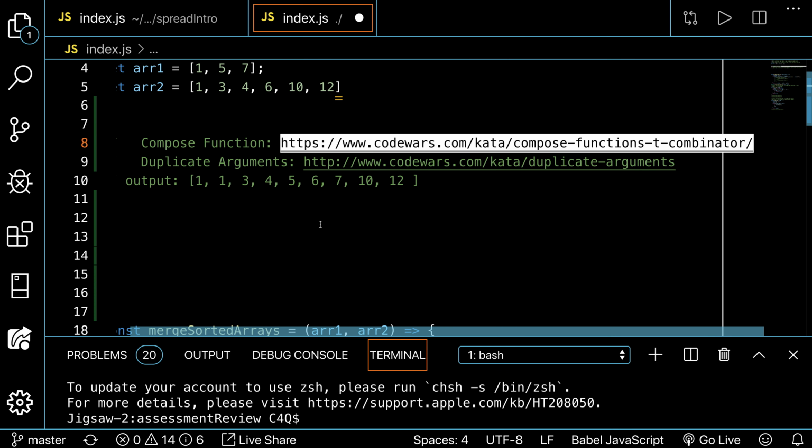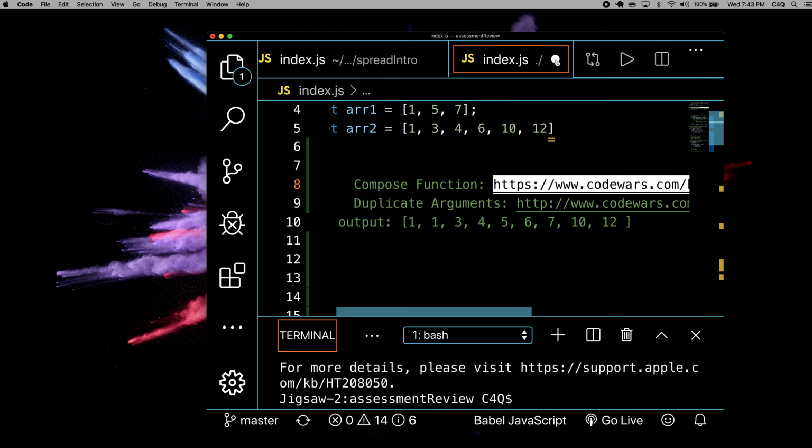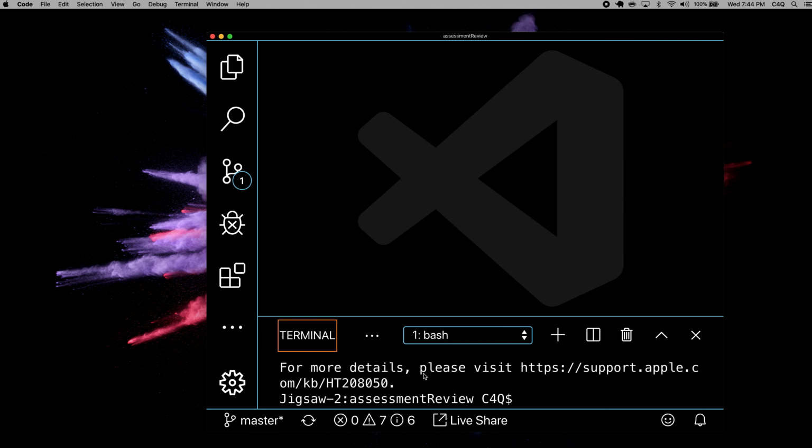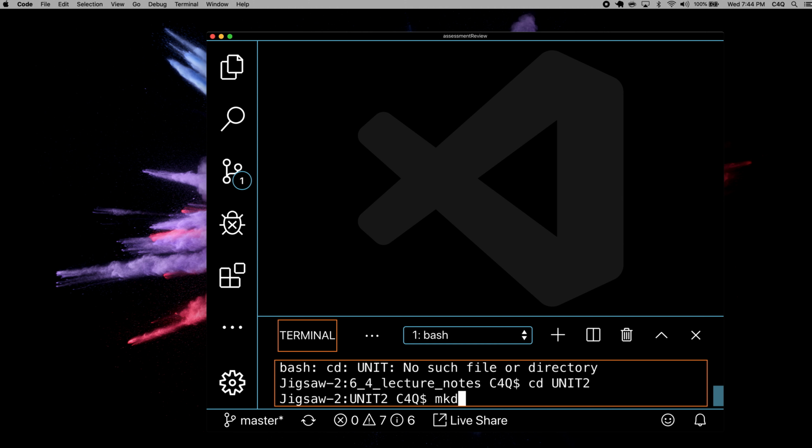All right, awesome. Let's dive into some new stuff today. All right, so I'm just going to close these up, and we can move from here. So we're finally entering Unit 2. CD into Unit 2. Whoops. Okay, and we're going to make an HTML intro folder. CD into HTML intro. Touch